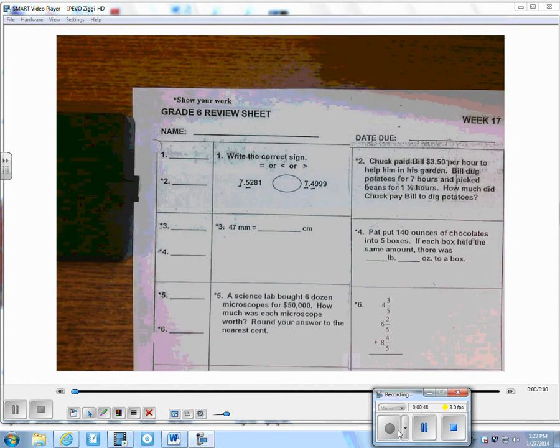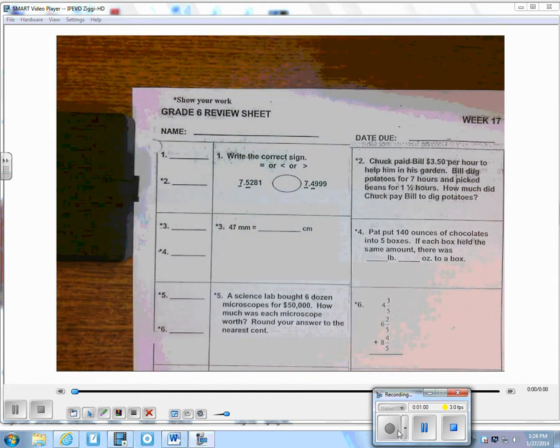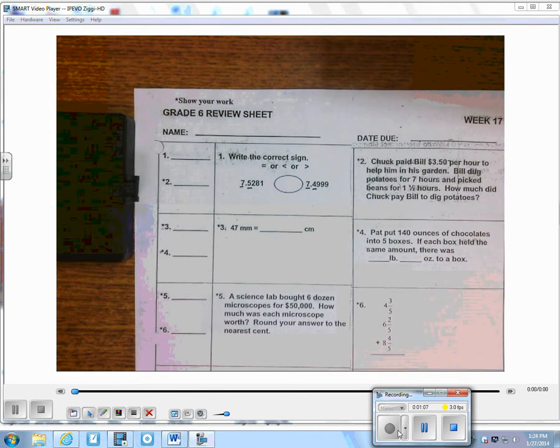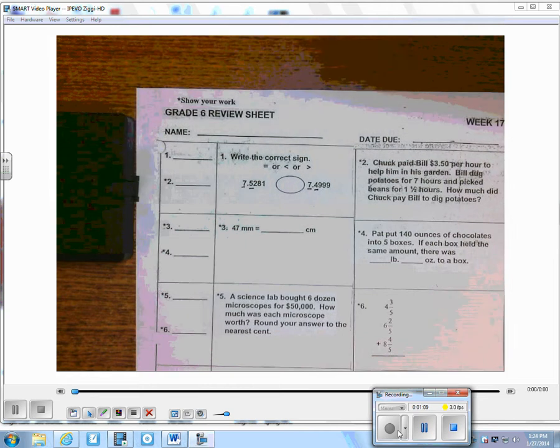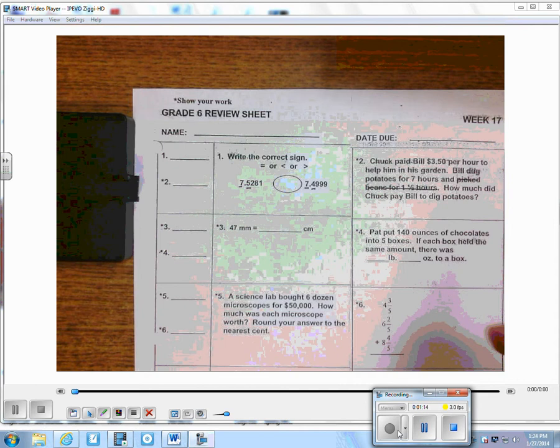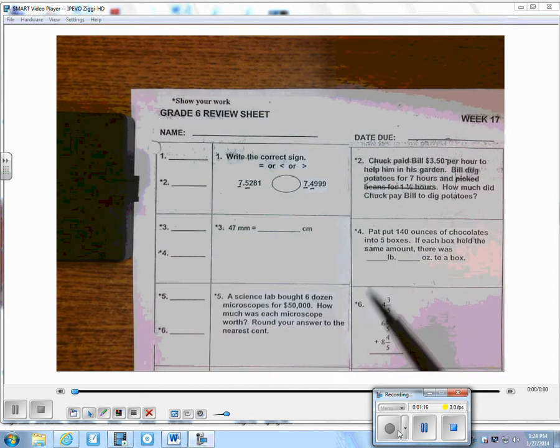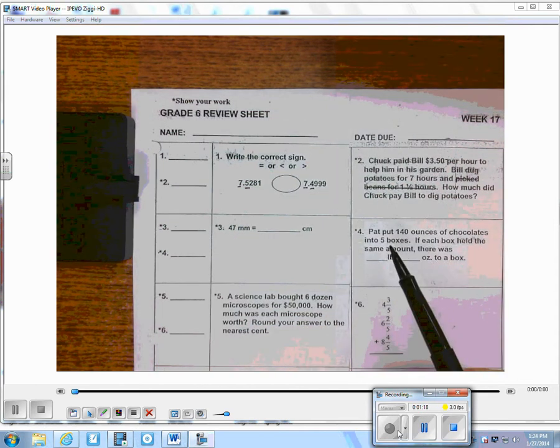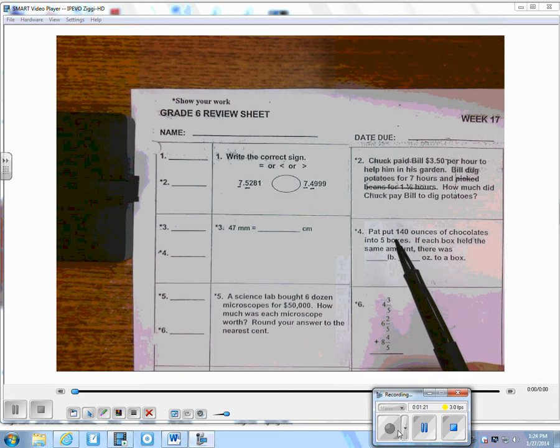All right, number two. Chuck paid Bill $3.50 per hour to help him in his garden. Bill dug potatoes for 7 hours and picked beans for 1.5 hours. How much did Chuck pay Bill to dig potatoes? Okay, so there's some extra information in there about picking beans. We don't even need to know that because the question is asking how much did Chuck pay Bill to dig potatoes? So it's $3.50 an hour